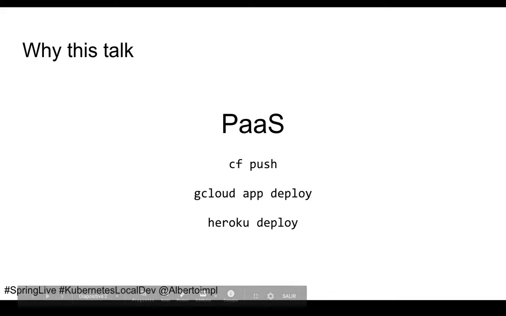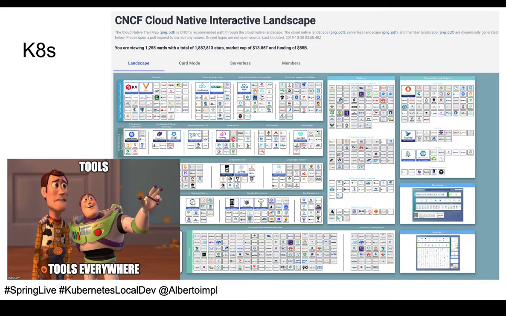Why is this important? Because when using a platform as a service, deploying to production is just one CLI command away from you. All the complexity is hidden from us if we are willing to structure our application in a specific way. So in Cloud Foundry, it is something like cf push to deploy to production. In Google App Engine standard environment it will be something like gcloud app deploy, and the same for Heroku with heroku deploy. In the Kubernetes world, things are a bit different. We have more control, but that friendly experience